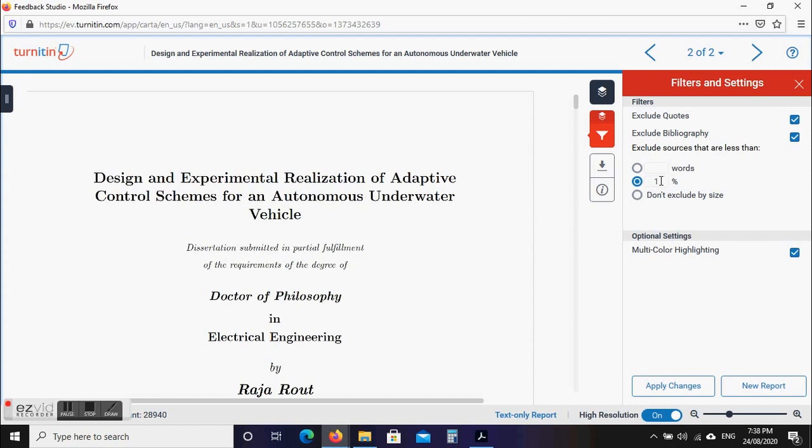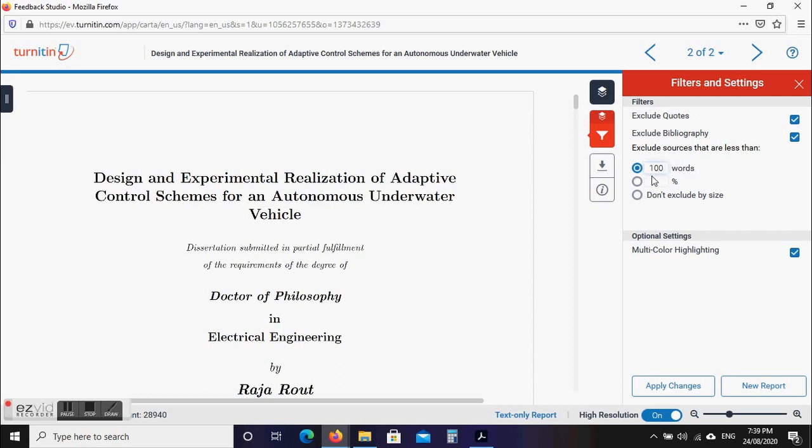For example, this is 28,940 words and its 1% is almost 289. So if your intention is to remove by percent, you can put 1 here and it will remove all sources matching approximately 289 words or fewer. But what if you want to remove all small sources of fewer than 100 words?